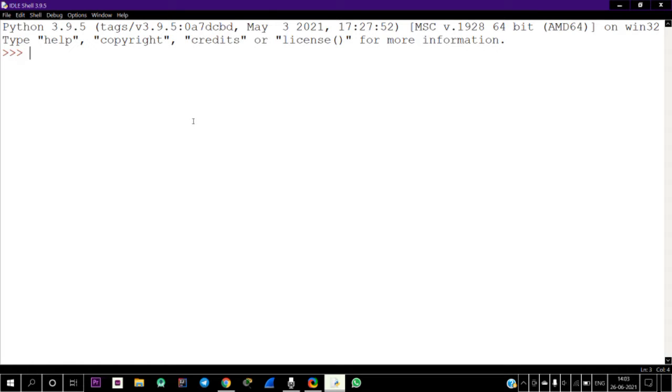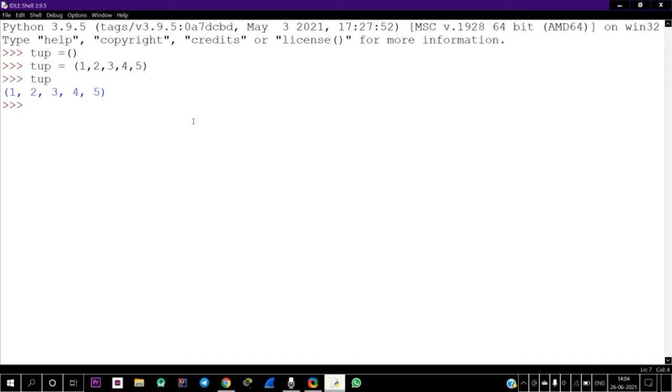In list we have declared them by using square brackets. But in tuple we are going to do it by normal brackets. I am going to give a tuple name called tup equals normal bracket. So this is the syntax for tuple. But in tuple we cannot add or change values. I am going to give the tuple values 1, 2, 3, 4 and 5. So if I print tup, I got 1, 2, 3, 4 and 5.